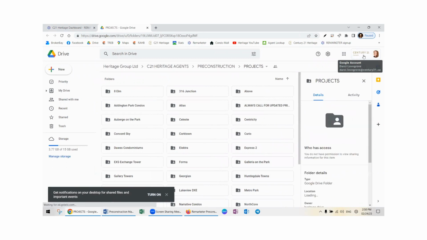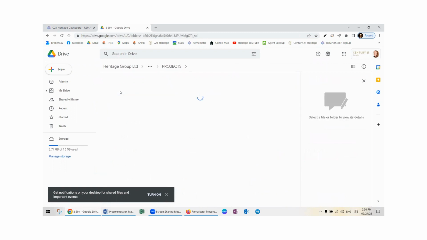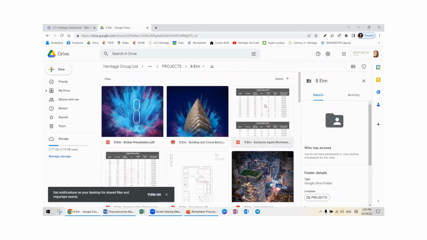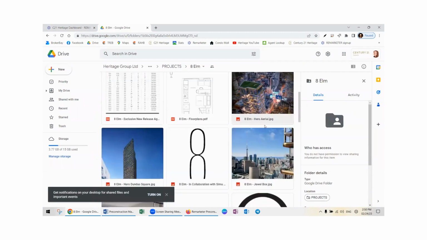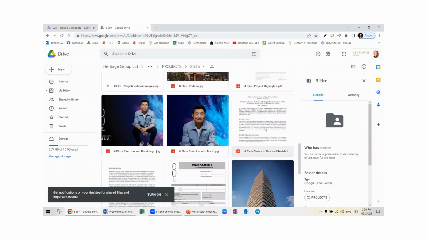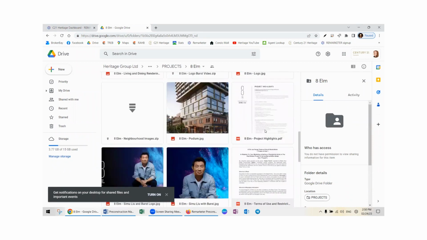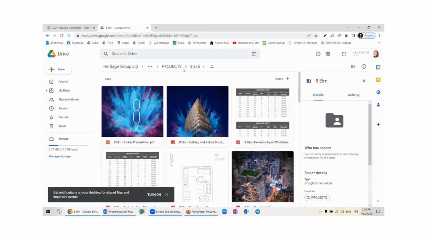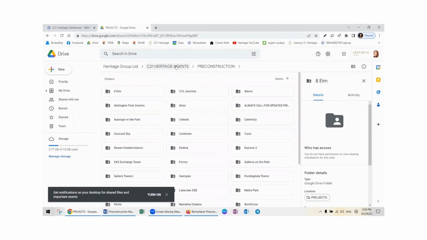You will need to be logged in with your Century 21 Google account email. From here, you'll be able to choose the different assets, photos, price sheets, floor plans of the project that it has been made available to the general real estate industry. Going back to Remarketer,